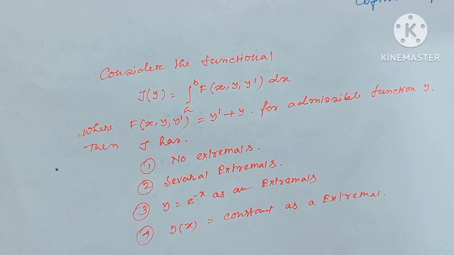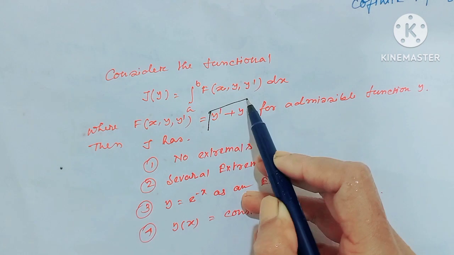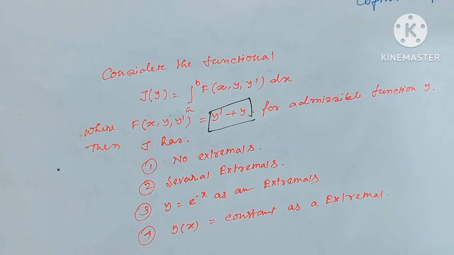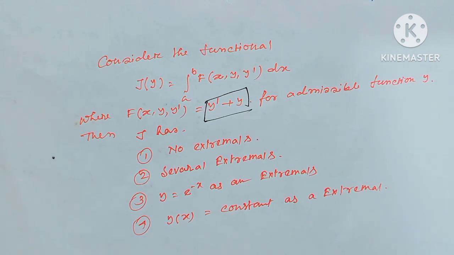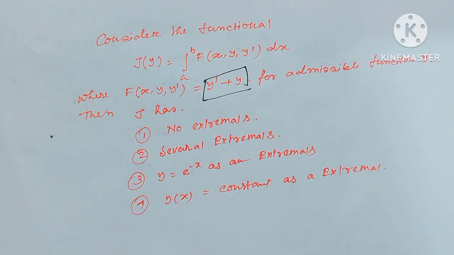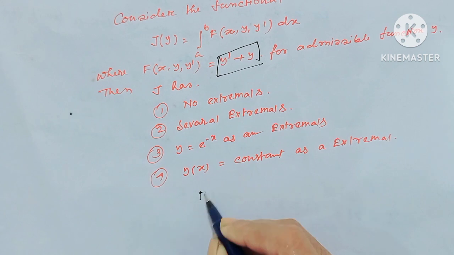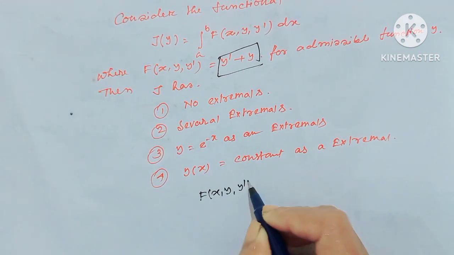Consider the functional J(y) equal to the integral of f(x, y, y') dx, where f is y' plus y, for admissible functions y. Then this functional J has: option 1, no extremal; option 2, several extremals; option 3, y equal to e to the power x, e to the power minus x as an extremal; option 4, y(x) equal to a constant as extremal. For this, here f(x, y, y') equal to y' plus y, then del f del y equal to